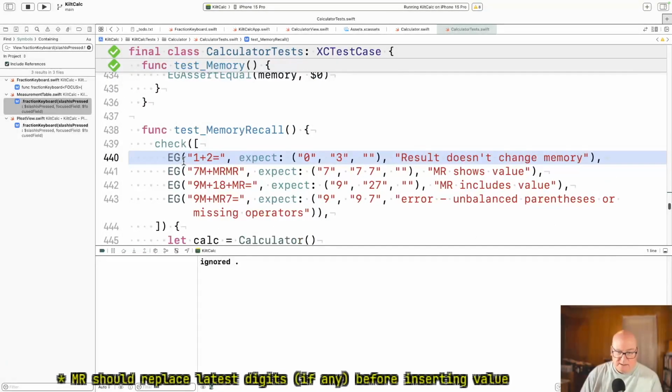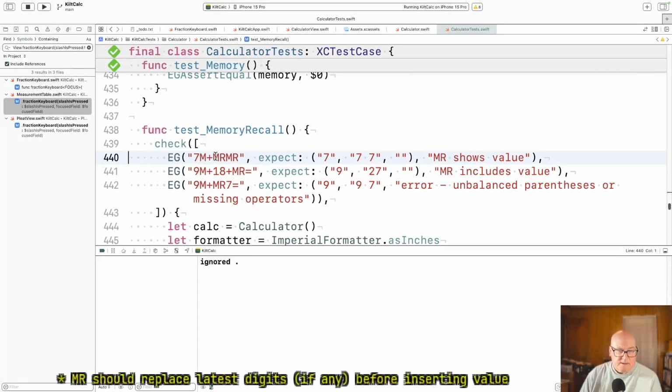So in our case here, 7 M+ MR, I believe we want to expect 7 in this case. MR overwrites the last number and